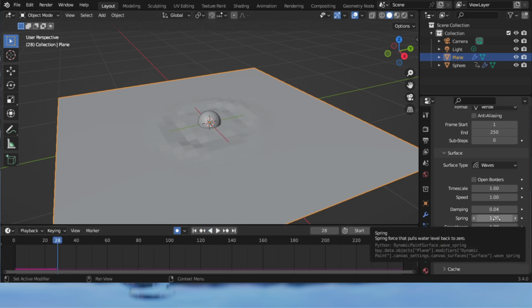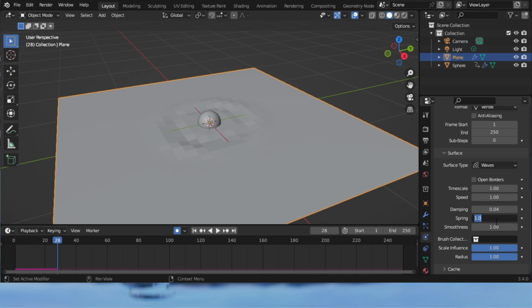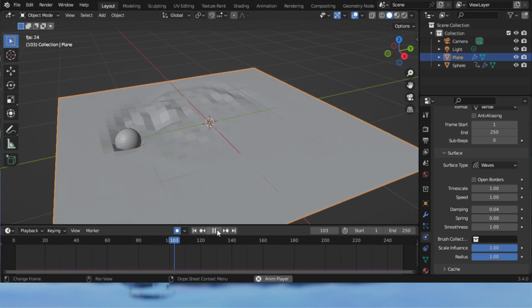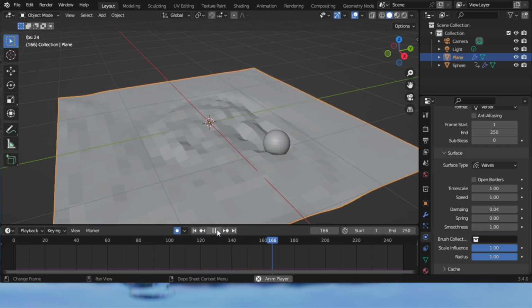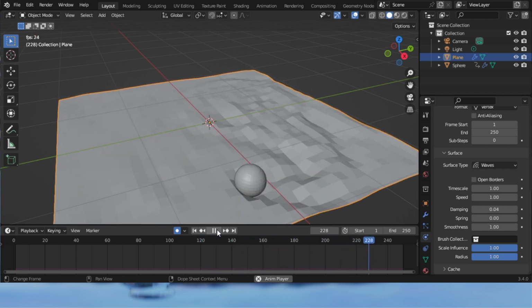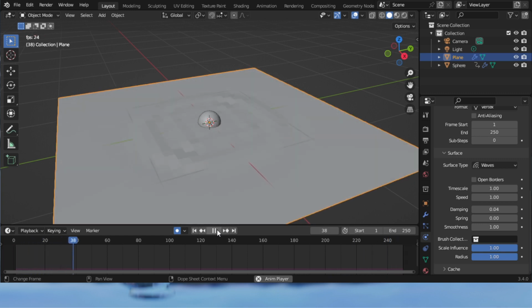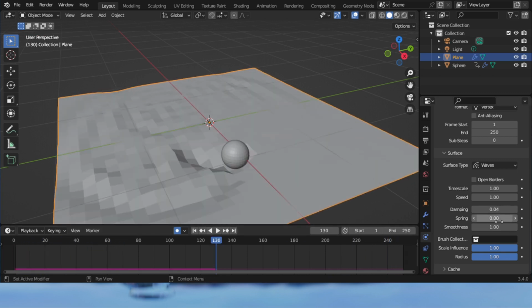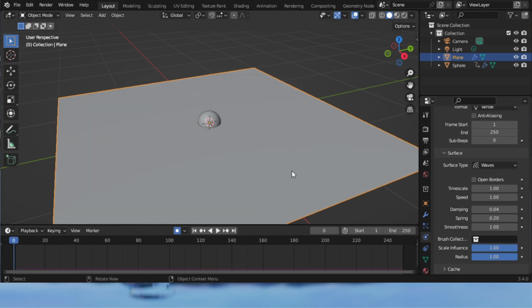So let's put it to a very low spring, 0.001. Play it. You can see the difference. The water gets back to 0 very, very quick. So that's what the spring does. We'll get back to this initial spring that was